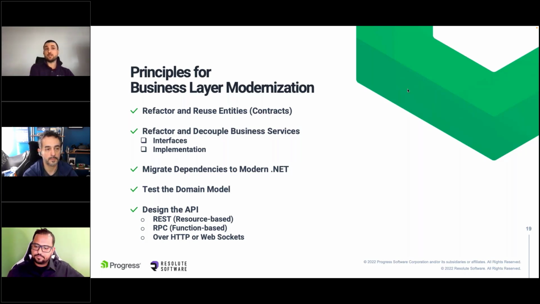You have to migrate to a specific .NET version, to modern .NET. Typically, the interfaces and the contracts are migrated to .NET Standard because you want them to be highly reusable. A lot of projects depend on them. And then the implementations are typically migrated to a specific flavor of .NET that you're targeting for your deployment environment. One thing to have in mind here is most of the times these implementations have dependencies, a lot of times external NuGet packages, for example. We have to watch and make sure that they have their equivalent modern .NET versions so that the modernization or the migration is as smooth as possible.